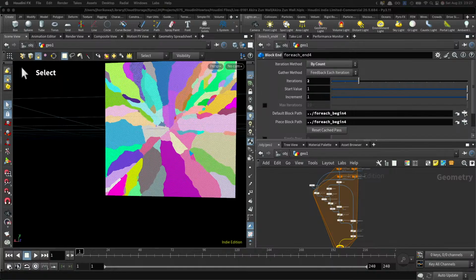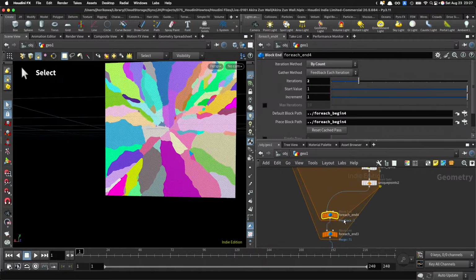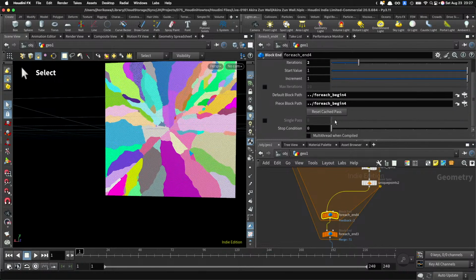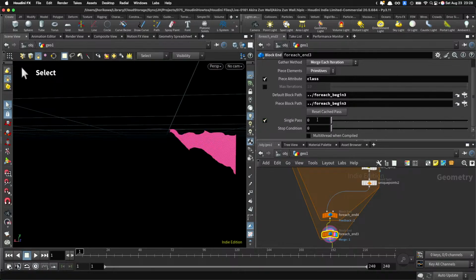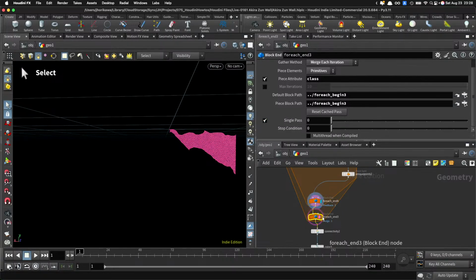So let me fix it. Is it due to a feedback loop, maybe? Let me see. I'm going to just look at the one big segment, something like this, and then check